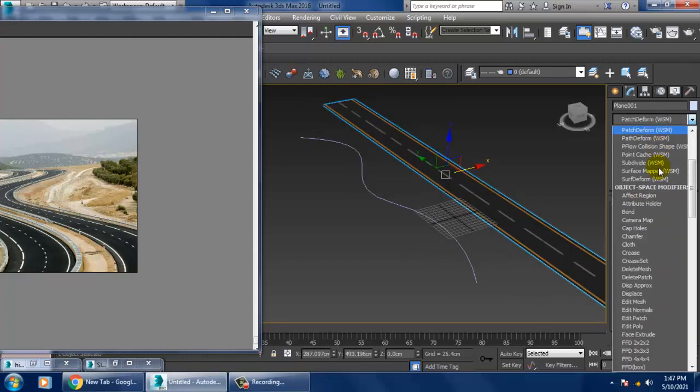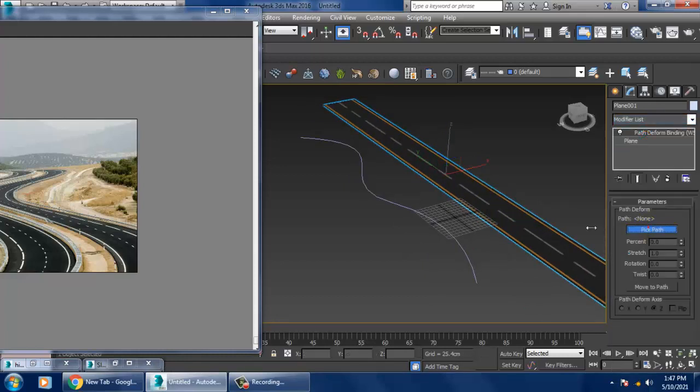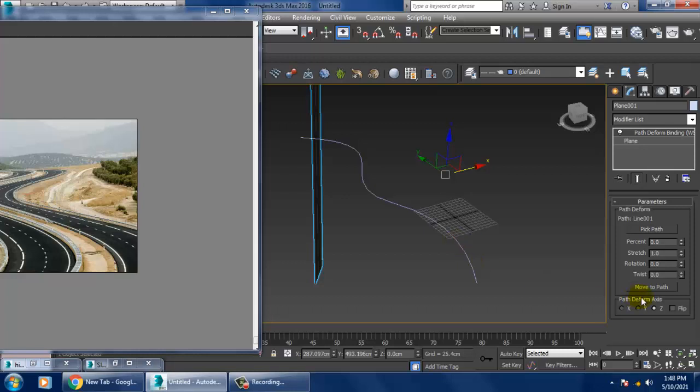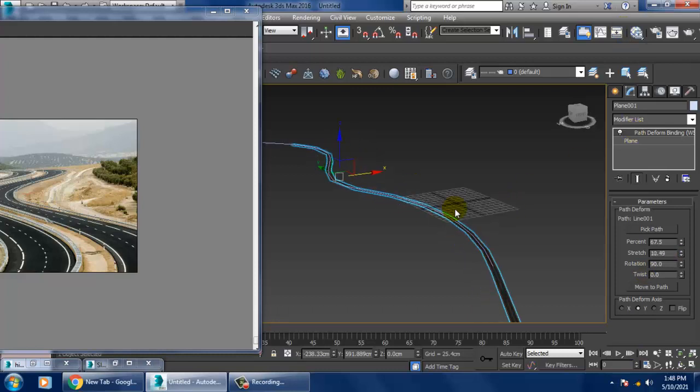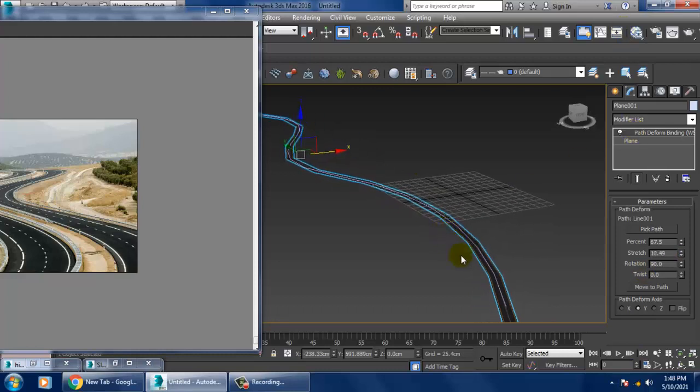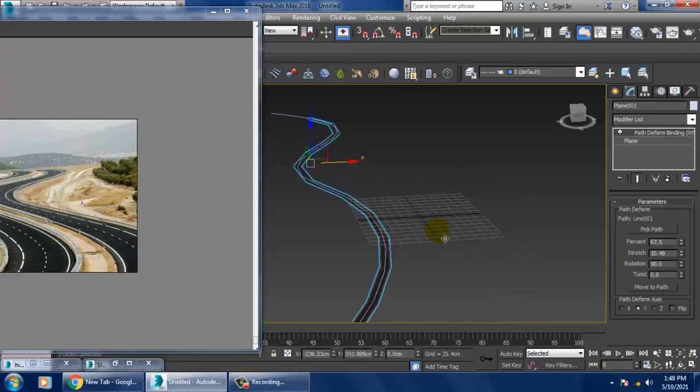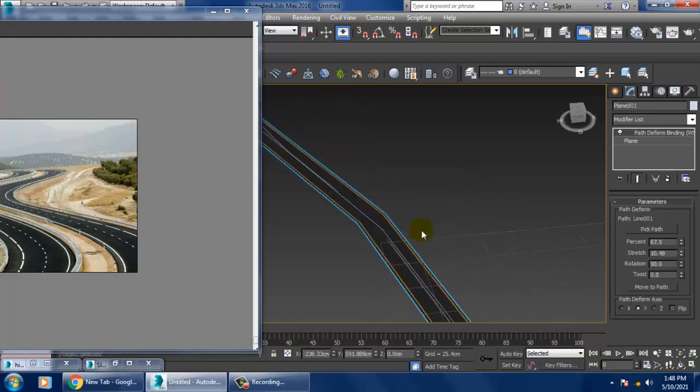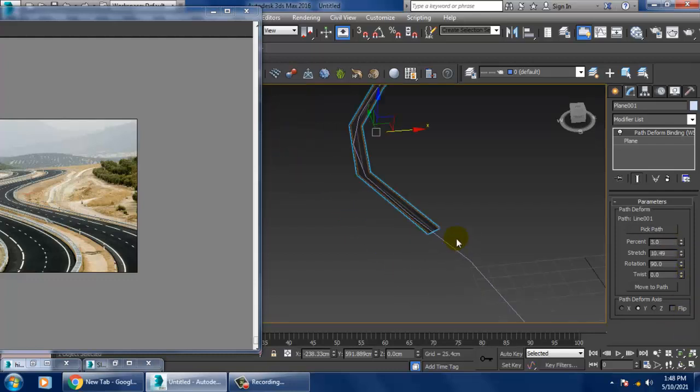Path deform, pick path, much better, move to path, Y, percentage and stretch. Your percentage should be a bit lesser, then it might look much better.